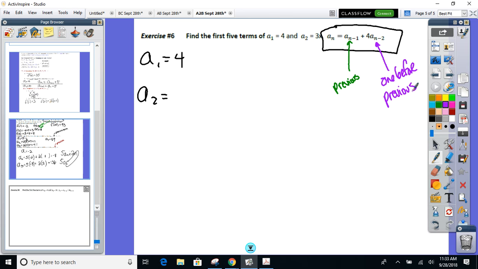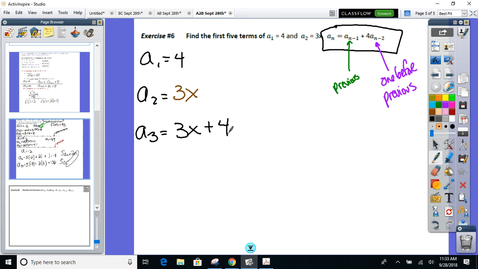Oh, they give me A2. Don't anybody going to? They give me A2. Nobody's going to fill me in there. 3x. They give me the second term. All right, you guys ready? Third term. Follow the rule. What's it say? Take the previous term. I'm on the third term here. Somebody tell me what the previous one was. 3x. Okay, so I'm going to take 3x